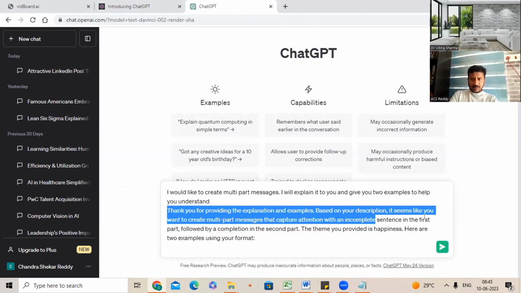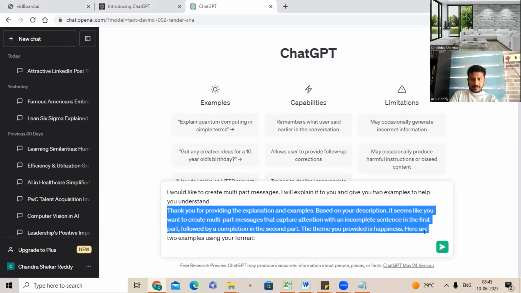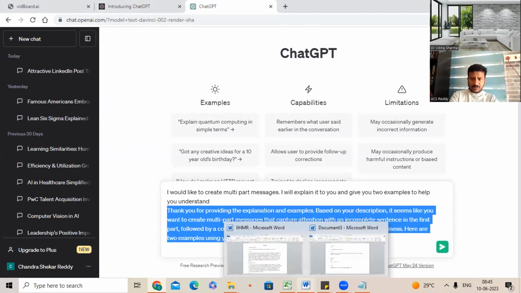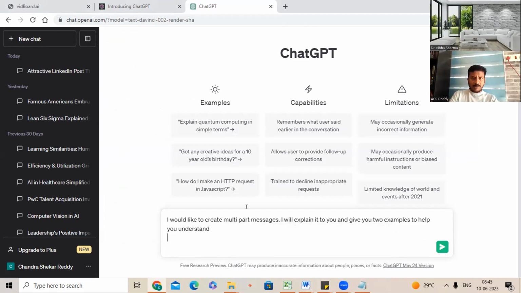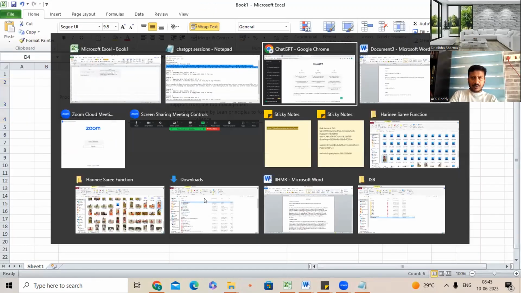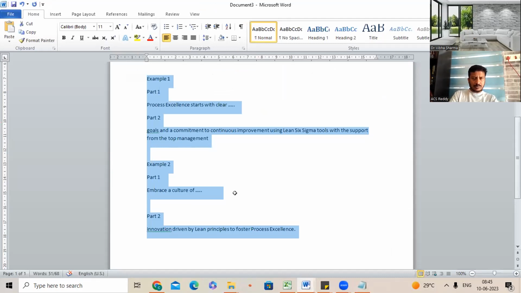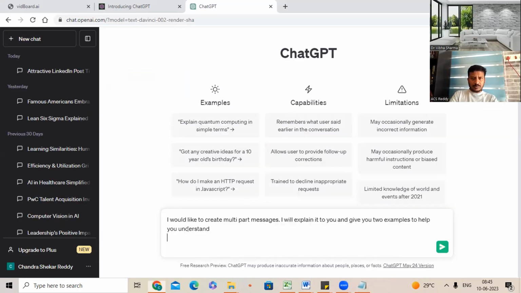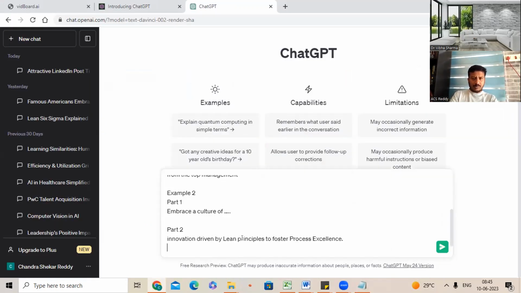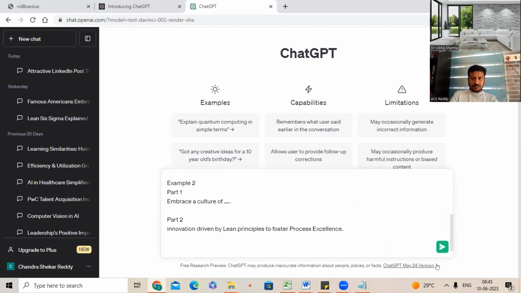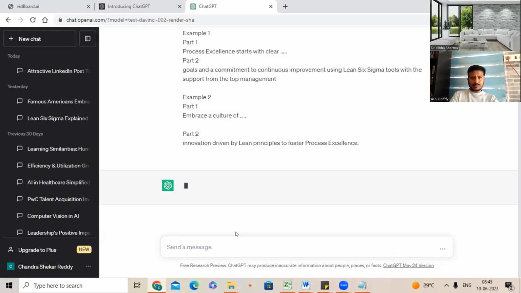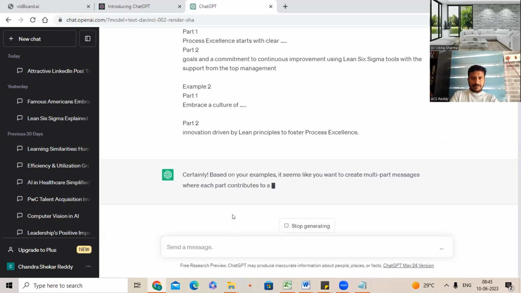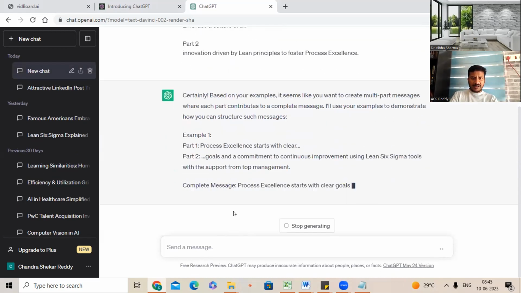You delete this part, that's not required, the selected highlighted part. And now you have to give it an action. Create 30 items. Shift enter actually.